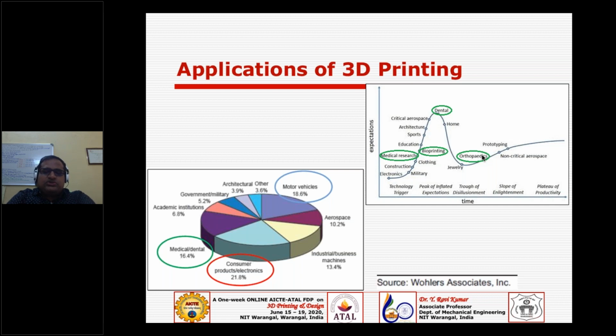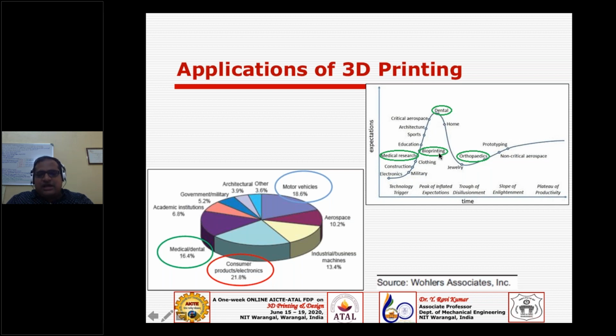So they used to use this technology. Those orthopedicians are the early users of this technology. It is almost touching the plateau of productivity. Very soon we can see it may touch productivity. And if you see the dental applications, it is at the peak of expectations; the most hyped application in medicine is dental.